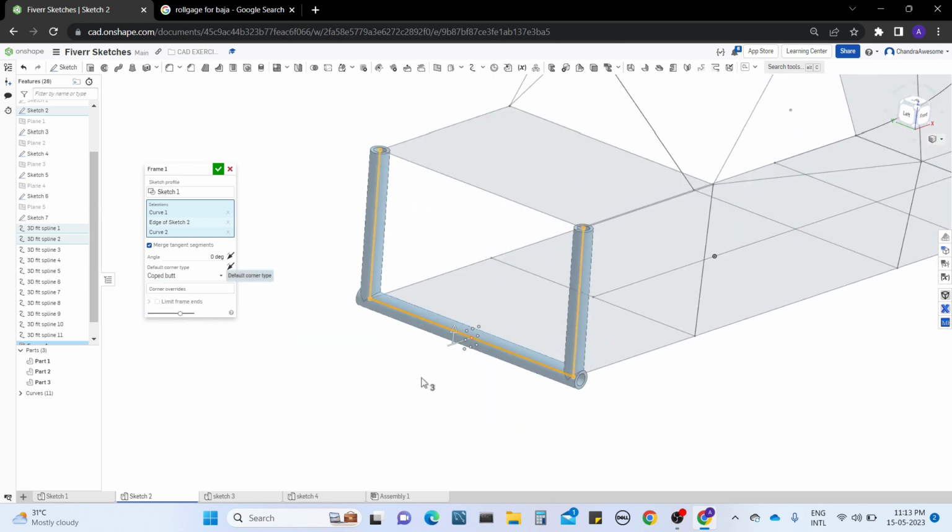guys, when you are going to work with the manufacturing process, we are going to do these things only. That's why I'm going to select the coped butt. Even you can also perform this, but that is not a good approach. Okay,